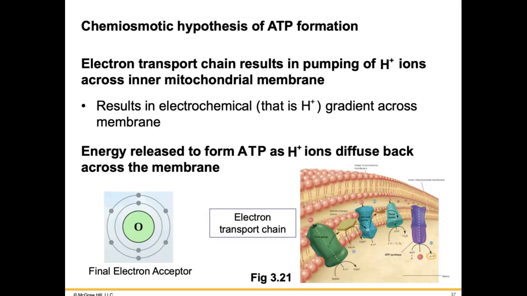So we just mentioned in the previous slide that our hydrogen atoms are building up here in the intermembrane space. And this is creating a strong drive, because of this increased concentration, the electrochemical gradient that is taking place here. So we have the strong drive for the hydrogen to want to get back here into the matrix. And the inner mitochondrial membrane is not permeable to hydrogen,